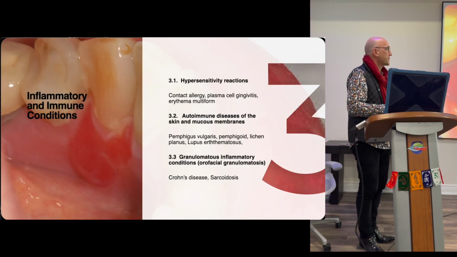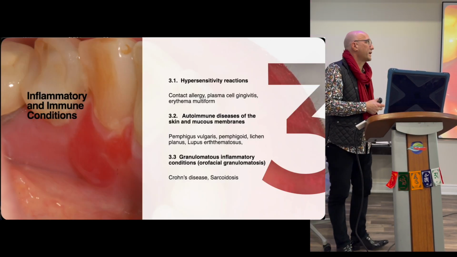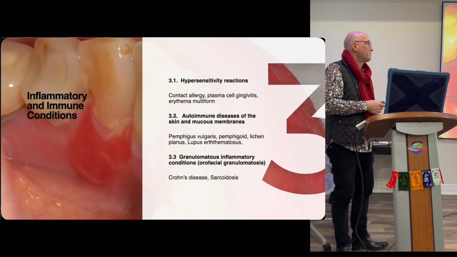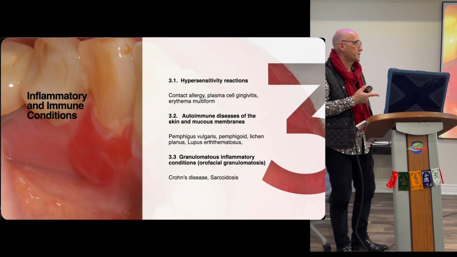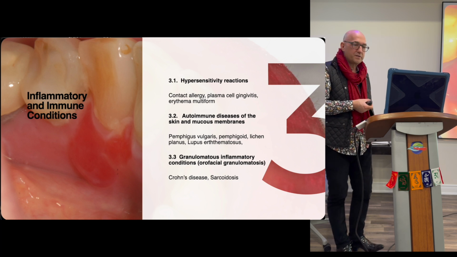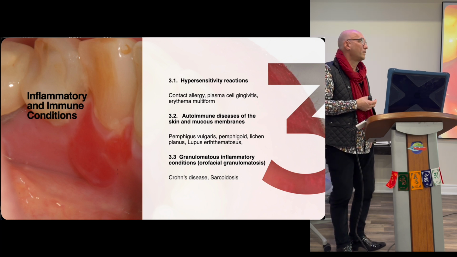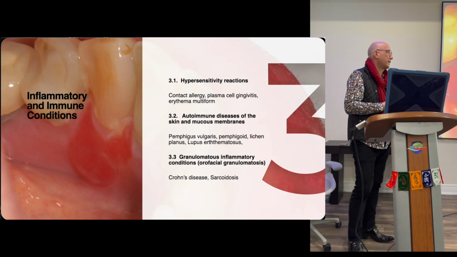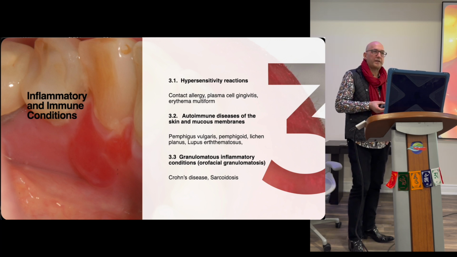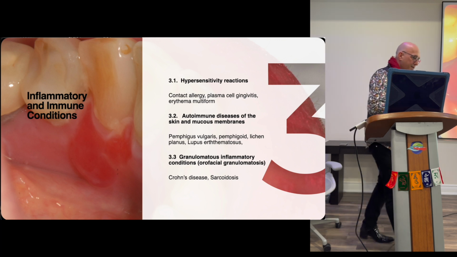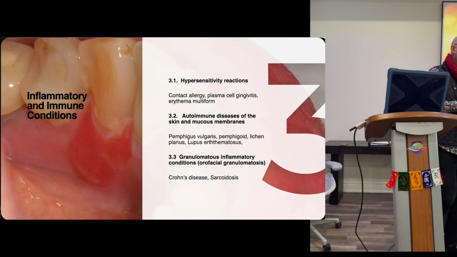Inflammatory and immune conditions, number 3. So hypersensitivity reactions, contact allergies, plasma cell gingivitis; erythema multiforme is another hypersensitivity reaction. Autoimmune diseases, so we get a lot of these: pemphigus, pemphigoid, lichen planus, lupus, but the most common is lichen planus, right? And the relief that some of these patients have when they're diagnosed with lichen planus,